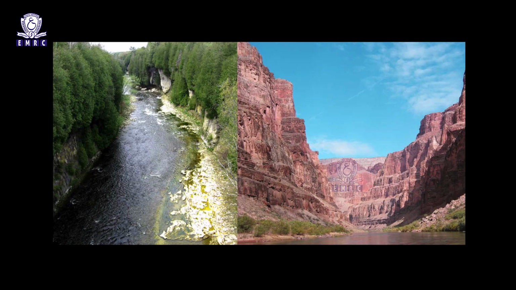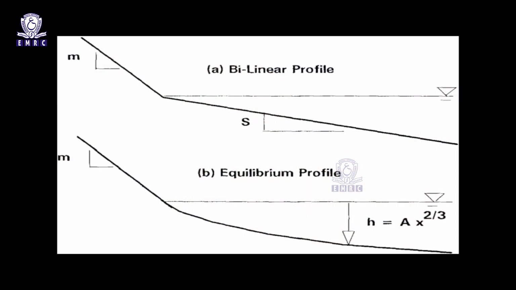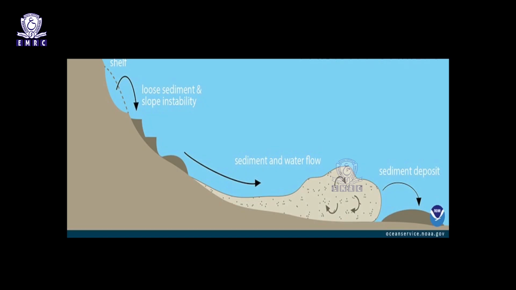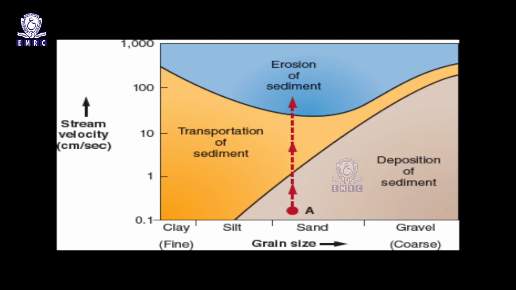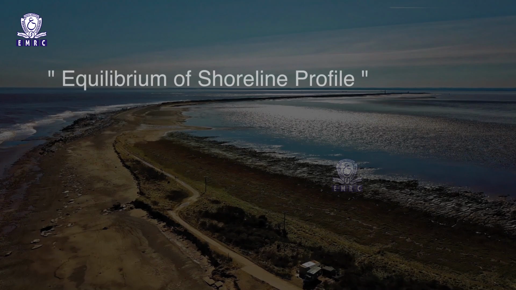Equilibrium of shoreline profile. The coast is subjected to marine erosion as well as deposition. The erosion and deposition are mutually interrelated and try to attain an equilibrium in its shore profile. When the rate of sediments deposited on the shore by the process of deposition is similar to that eroded by the process of marine erosion, such an equilibrium attained between the rate of erosion and deposition by the wave action is called as